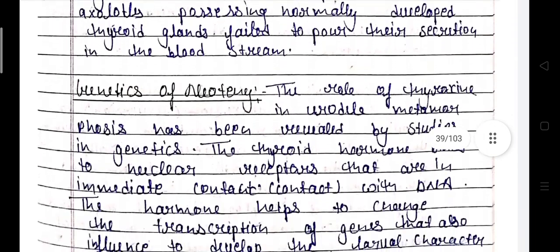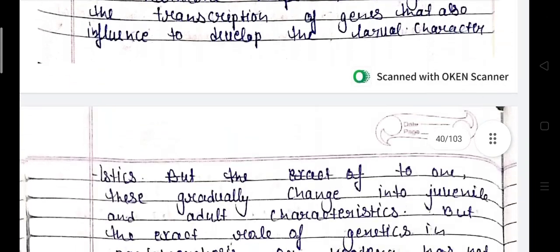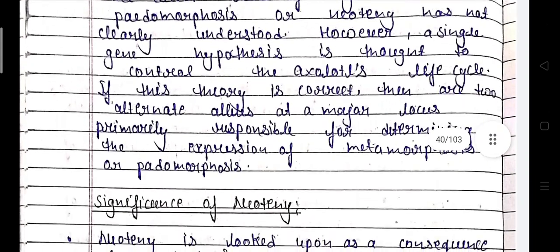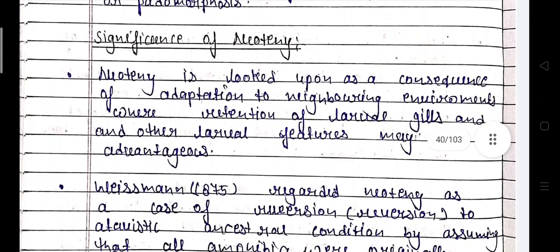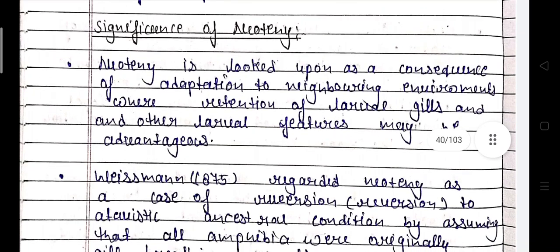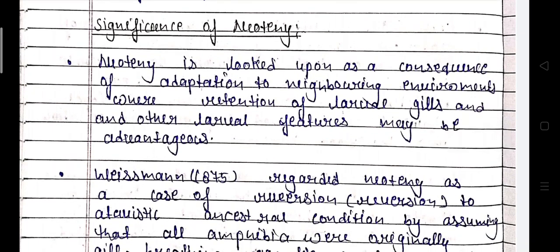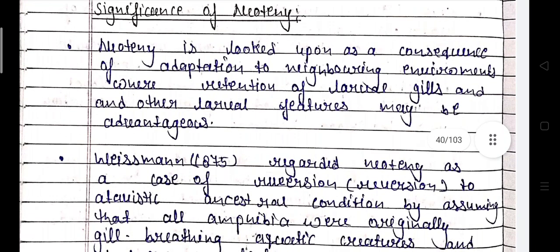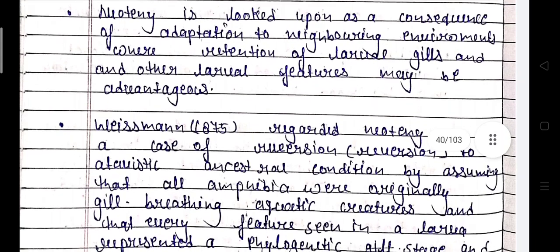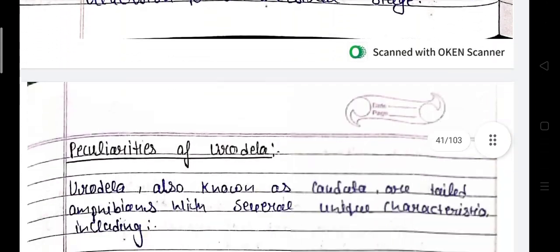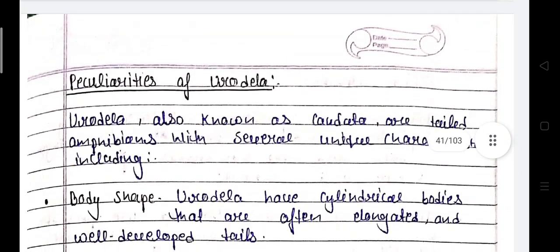Genetic factors also play a role in neoteny. Significance of neoteny: neoteny is looked upon as a consequence of and adaptation to a cold-water environment, where the retention of larval gills and other larval features may be advantageous. Peculiarities of